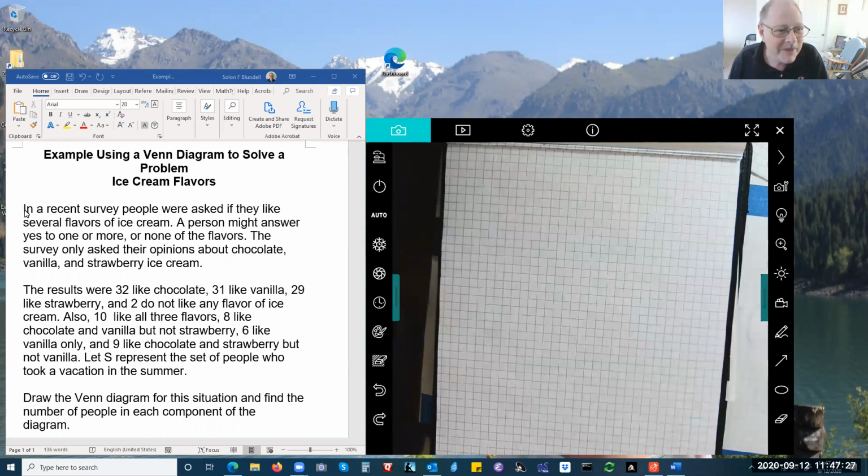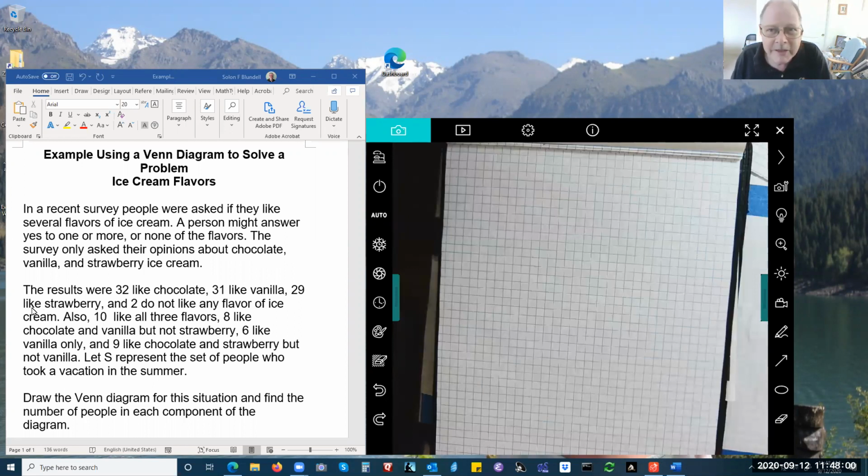So the story goes, in a recent survey, people were asked if they liked several flavors of ice cream. A person might answer yes to one or more flavors. You could like two of the flavors. You might not like any of the flavors. And the survey only asked about opinions about chocolate, vanilla, and strawberry ice cream. And so you get these